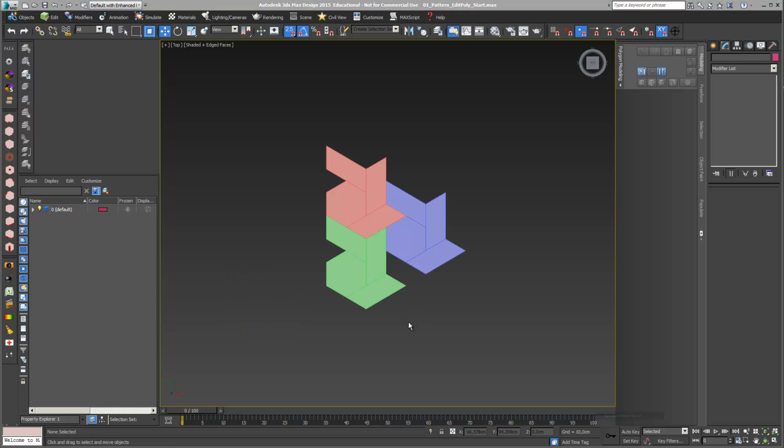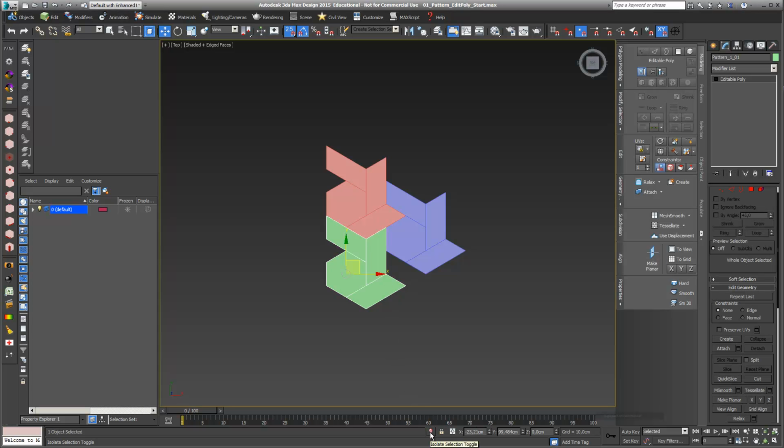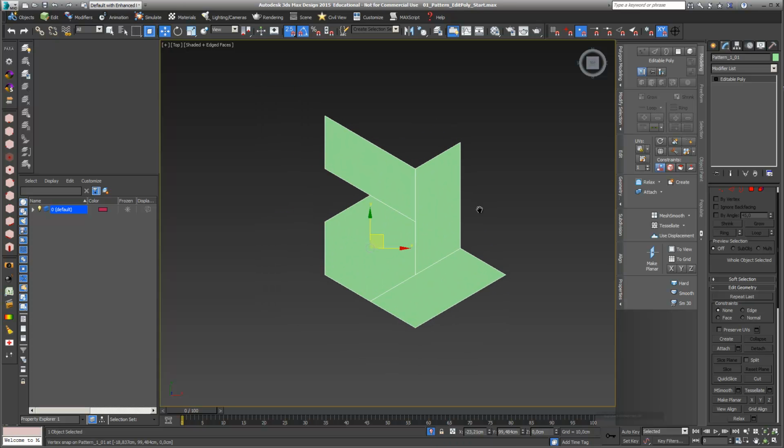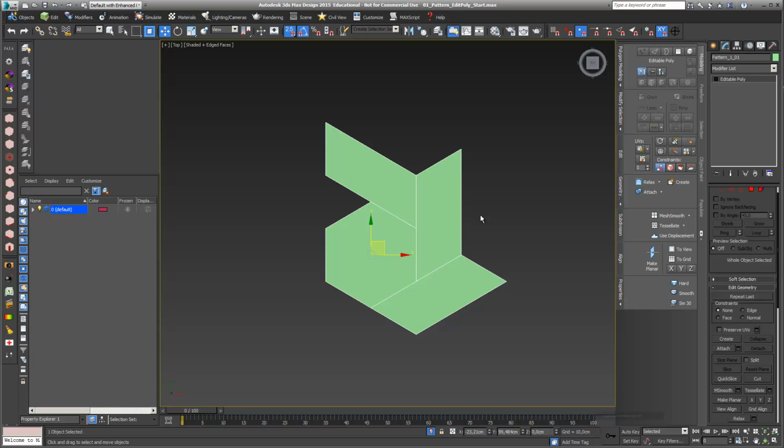So let's concentrate on the first pattern element, that's the green one, and we just switch on this little lamp, Isolate Selection Toggle, to look at this properly. We don't need the other two pattern elements right now. And the first thing we want to learn is that there's something like this Modify panel in my command panel,